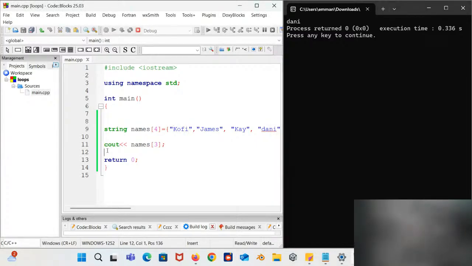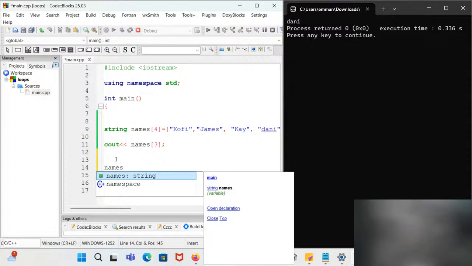We just have to come here, any space. Let me just use this for now. And then we just type the name of the array. What is the name of the array? The array that we have here is names, right? So you have to indicate that. And then one simple way of doing that is, I said that the advantage of loops is basically to help you repeat this stuff. So we can use loops to input arrays.